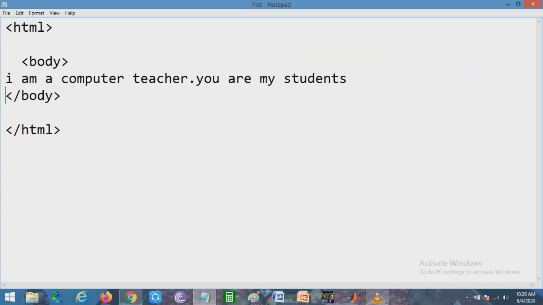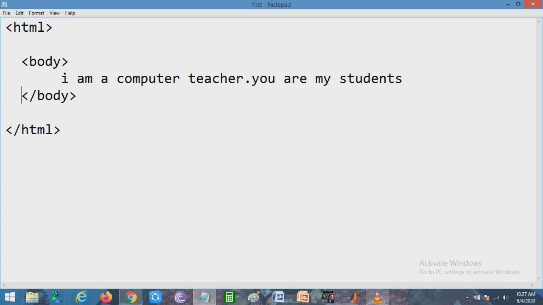I am writing these two sentences in between the body tags because we want to show them in the body part. So here I have written, I am a computer teacher, and you are my students.